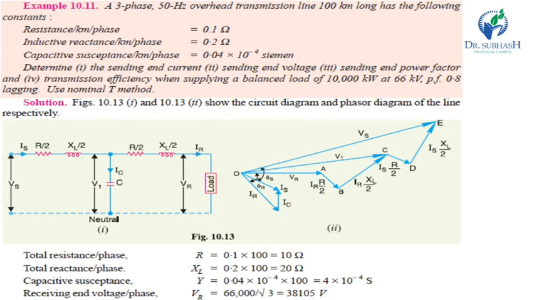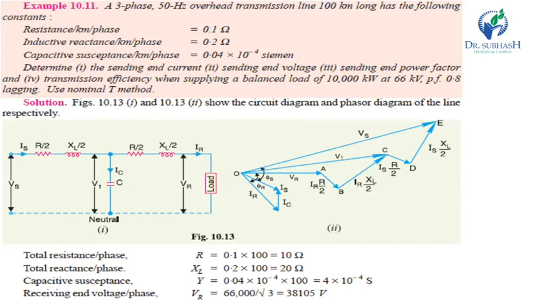Now we see the example based on the T method. First of all, a 3-phase 50 Hz overhead transmission line, 100 km long, has the following constants: